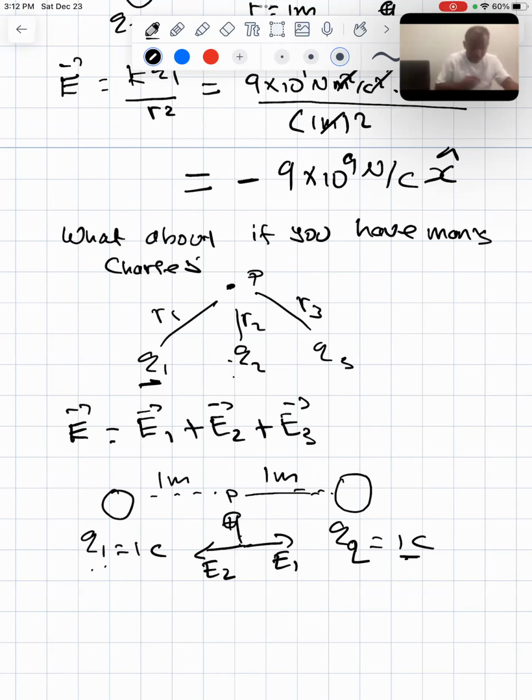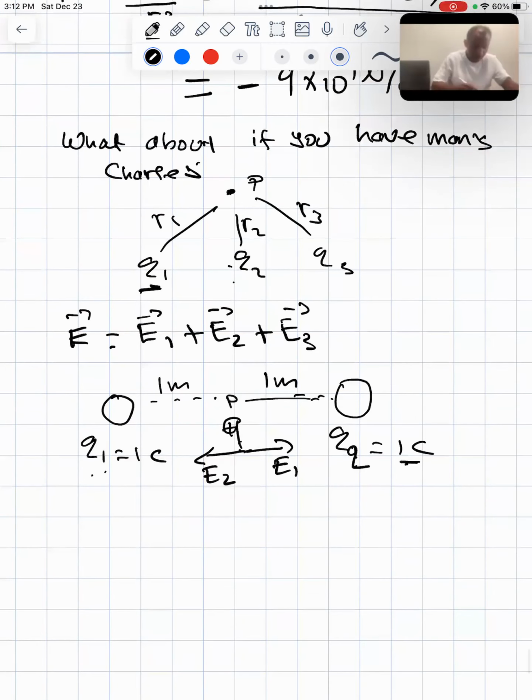Okay. Because your test charge is positive, and Q2 is positive, Q2 is going to push your positive test charge towards the left. So the electric field from Q2 is towards the left. And then to find the magnitude of E1, you know that it's going to be K times Q1